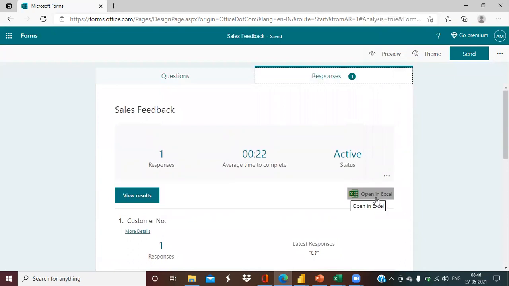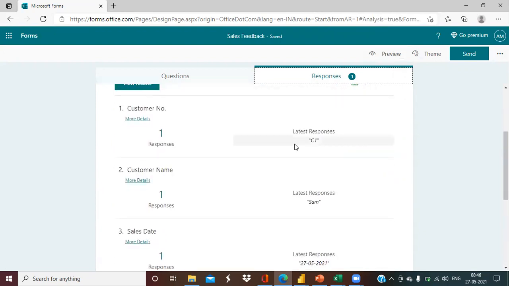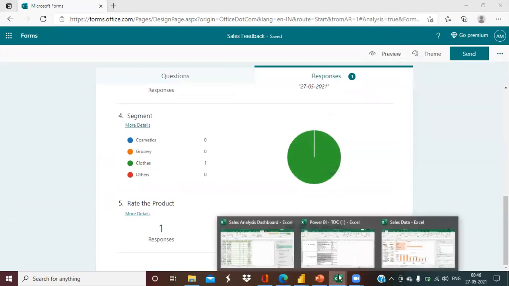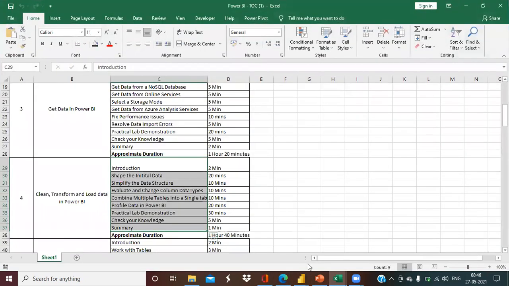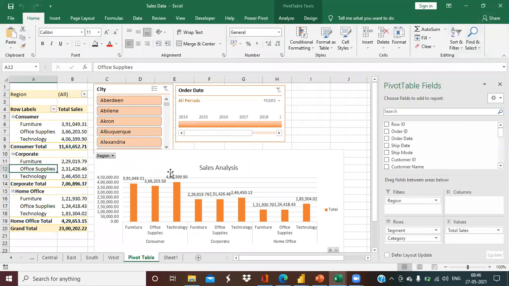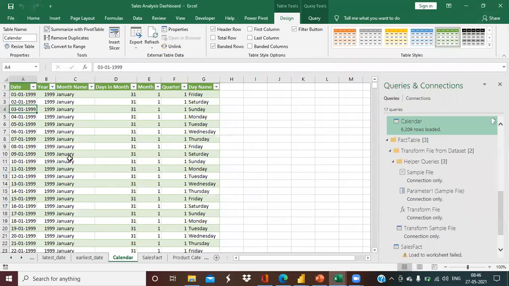But I have one more advanced part to do, which is whatever feedback is getting filled by the customer here, I want to sync it with my already running pivot table. Okay, so that I don't need to go and take the data from there and put it in my pivot table and then refresh my pivot table. I just want that whenever the customer is filling the feedback, whenever a new entry is happening in my data, my already existing pivot table is refreshed accordingly. Okay, so that we will see tomorrow.